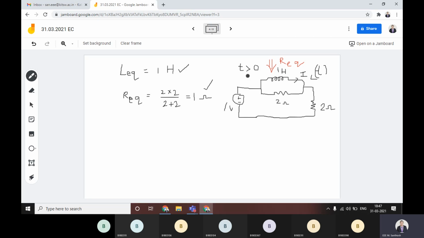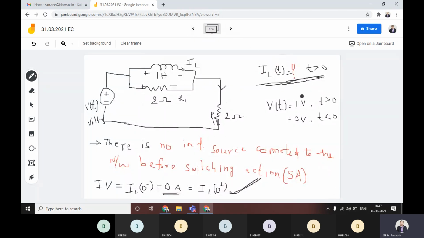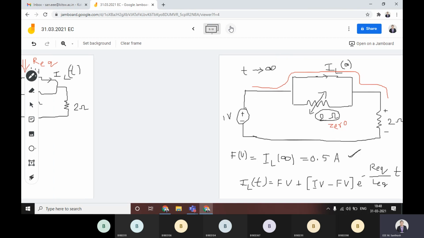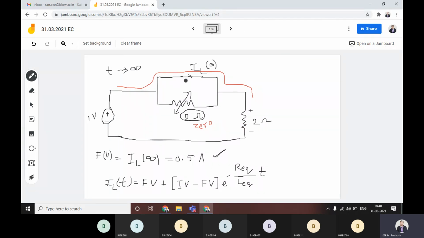That is simple. When t greater than 0, the voltage value they have given is equal to 1 volt. Simply in place of voltage we have given 1 volt. From that point we got this 1 volt. Okay, no need to confuse here. Then if 1 volt is connected, at steady state, at infinity, the inductor is acting like a short circuit. If this is acting like a short circuit, there is no significance for this resistor. The current will go this way only. For that reason, we have only 1 volt connected in series with the 2 ohm resistor. Then you can calculate the final value directly.